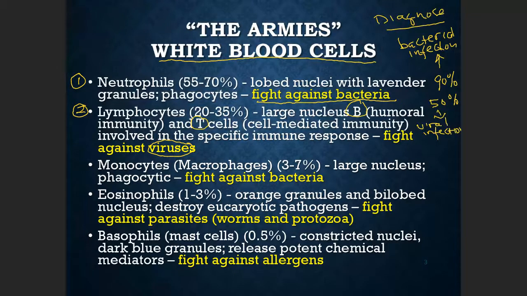The next one is called the monocyte or macrophages. This is the one that also fights against bacteria. The normal ratio is between 3 to 7%. Again, if we take a blood sample and calculate, and it increases to, let's say, 20%, this is an indication that there is a prolonged bacterial infection.